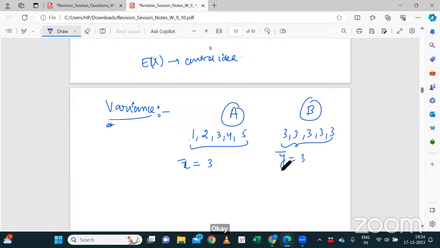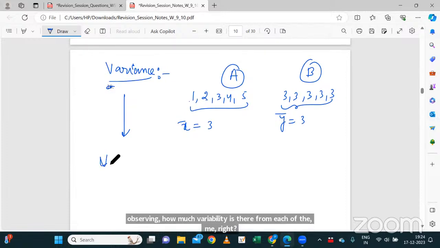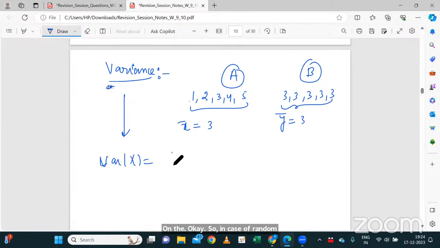Is this okay? In reality, are the annual packages the same or is there variability? Variability is there, right? So that's why variance comes into the picture. It means we are observing how much variability there is of each observation from its mean, on an average. So in case of a random variable, the variance of x is defined as the expectation